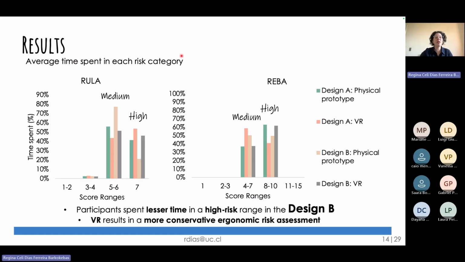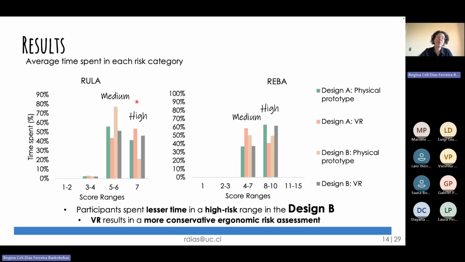So the results of this study indicated, so this is RULA and REBA scores, right? And here I have by the colors the different designs and if they have been done, if these scores are the average for the physical prototype or the VR environment. So we can see, according to RULA, most of participants spend the time between medium and high risk range,